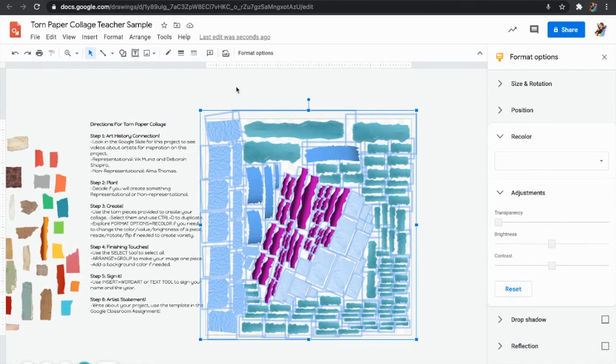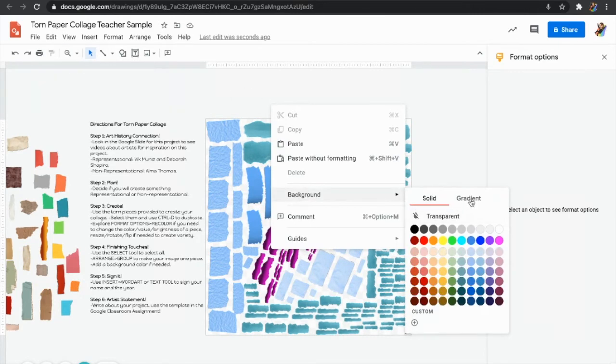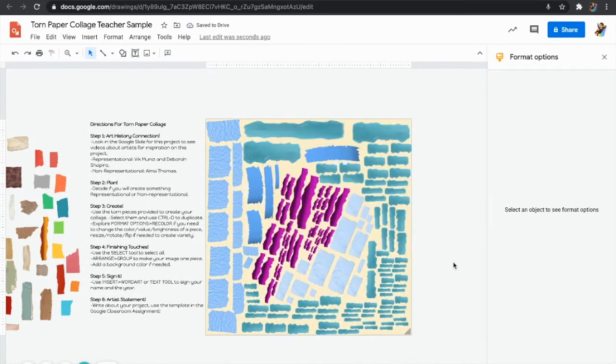Then you can add a background color if you need to. So you can alternate click. You can even do it outside of the checkerboard and choose a background color. You could choose a gradient, a solid. I think this pastel yellow kind of looks cool, but if I don't like that,